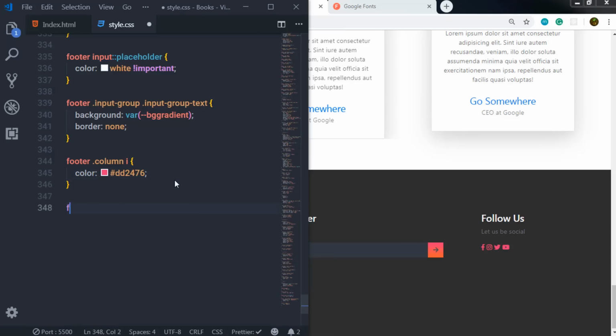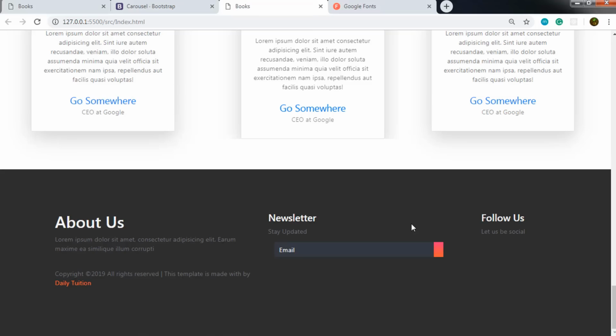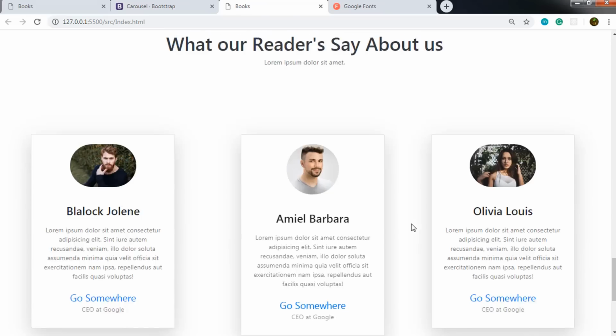Now just after that, I will say footer, select the column class, and I will add a CSS adjacent sibling selector. So I will say here I and specify plus sign and select the I again. So this CSS selector will select this second, third and fourth icon, right? And leave the first one. So I'm gonna say here padding 0 and 0.5 em, right? And you can see your website is ready,